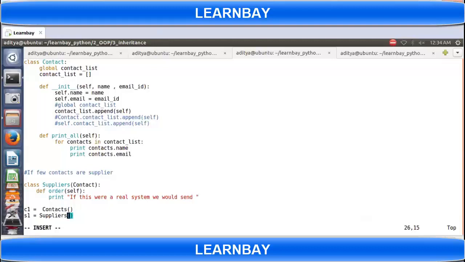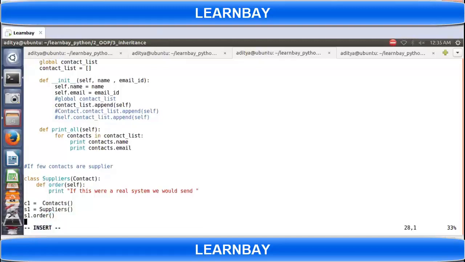When I say suppliers, I'm calling the constructor of suppliers. Now it will call the __init__ of this, because I'm inheriting, so everything is available to suppliers, and in addition it has one more function, the order function. So now if I write s1.order, it is applicable. But if I write c1.order, it will give me an error.